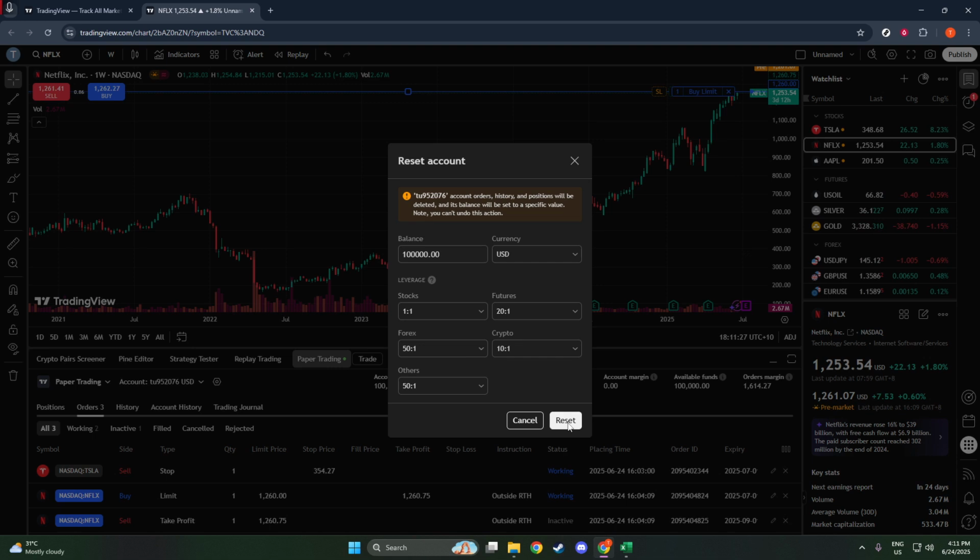At this stage, you'll see a dialog box pop up, which is where you'll carry out all the essential adjustments for your reset. The first thing you'll be prompted to do is to set your new starting balance. Consider what amount makes the most sense for the strategies you plan to test. The system is flexible here, allowing you to simulate trading with different amounts, so choose a balance that aligns with